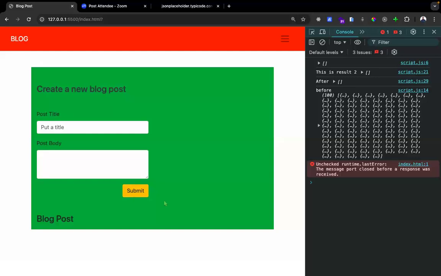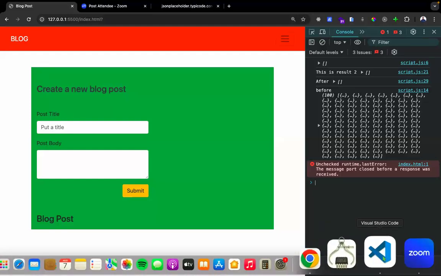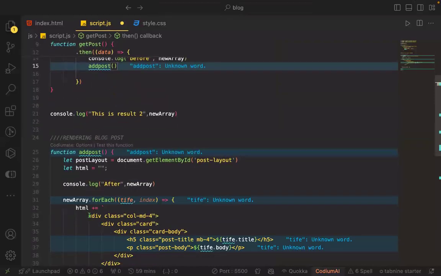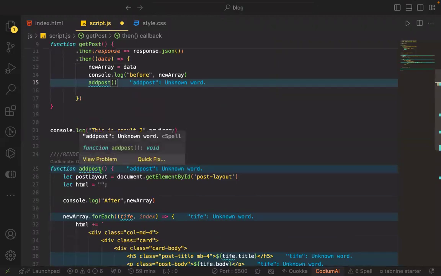Okay. Reason being that there's no data, and what is actually calling this add post is actually this get function. We are calling a function inside another function. So when get post ran already, the data is already available. So then we can now make use of this new array because at the time this add post is going to run,